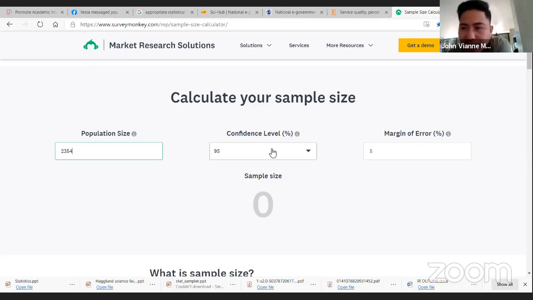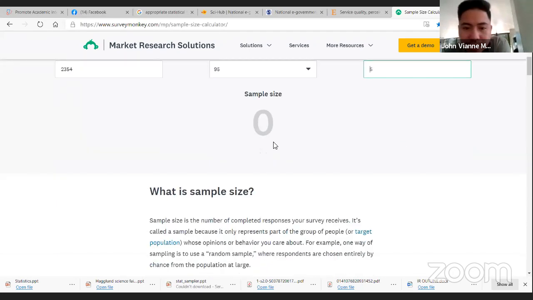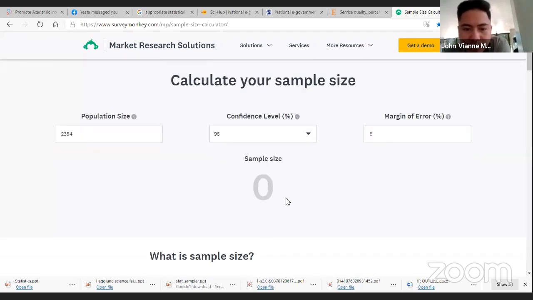Tapos gusto ko kasi, ang pinaka-basic or default kasi is confidence level should be set at 95% unless you're doing medical studies, and margin of error should be at least 5%. If you want to increase the margin of error, that's discouraged. But if in case you want to engage in medical studies, it has to be like 1 to 3%. But for default, 5% sa usual surveys. So identify 95, 5%, and the sample size